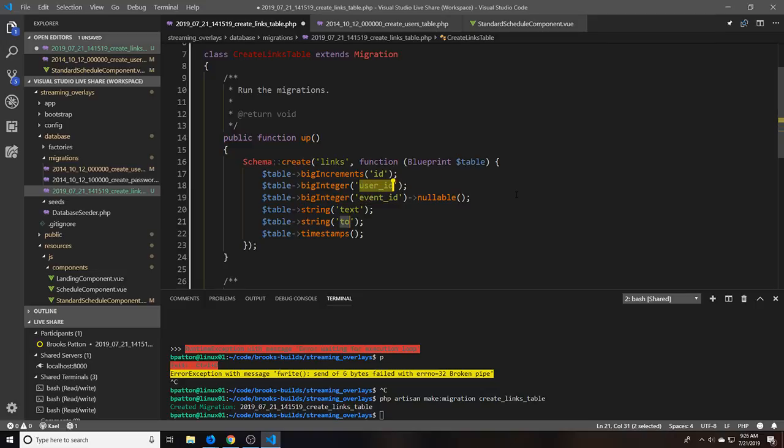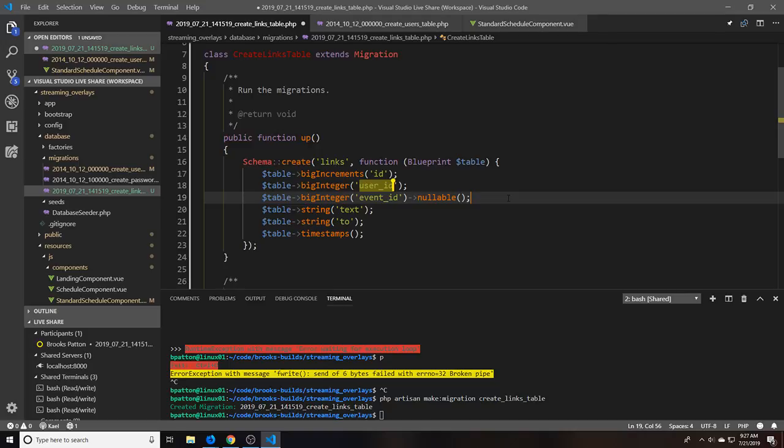Now, the user table exists, we have a migration for that. The event table does not. We don't have a migration for that at all. So it's going to be very difficult to create the migration line, but we might be able to get away with it. In the documentation,